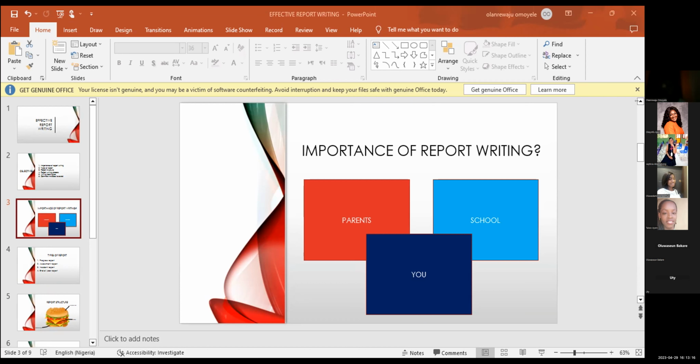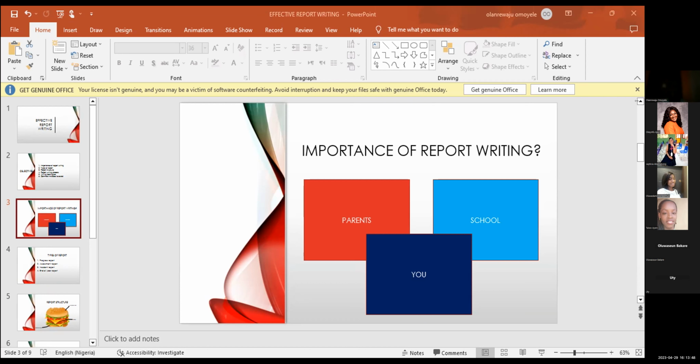That's why I said you need to know when to send reports. Imagine you are waiting until the end of term and then say, oh, your child doesn't know how to spell. For a whole 3 months my child has been with you, and now at the end of term, you're telling me that my child doesn't know how to spell. No parents would like that. So it helps them to know how they can support their child, and also talk about the academic progress. When we get to the types of reports, we'll talk about the ones you're supposed to send and when.